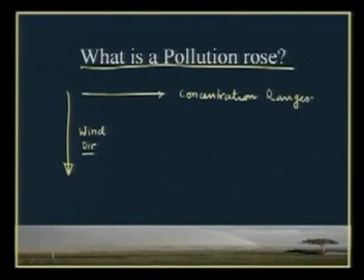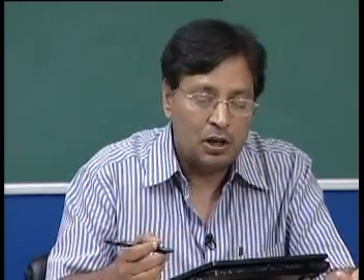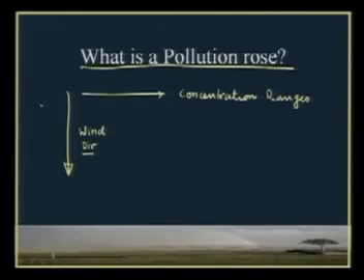You will recall that last time we took the wind speed ranges, but we can say the concentration ranges. So suppose this is my direction north, let us say northeast, to make things a little simpler,